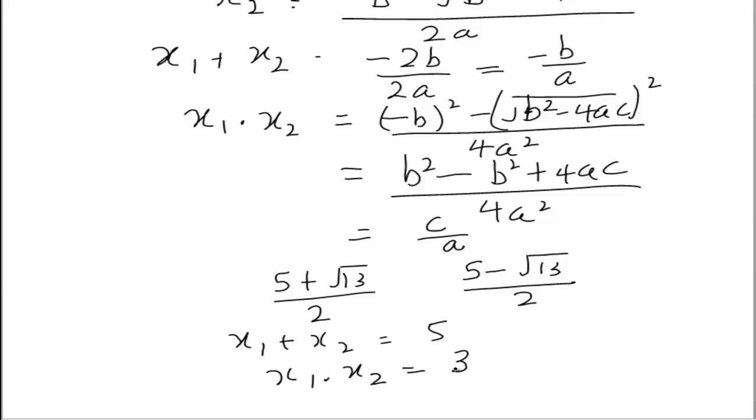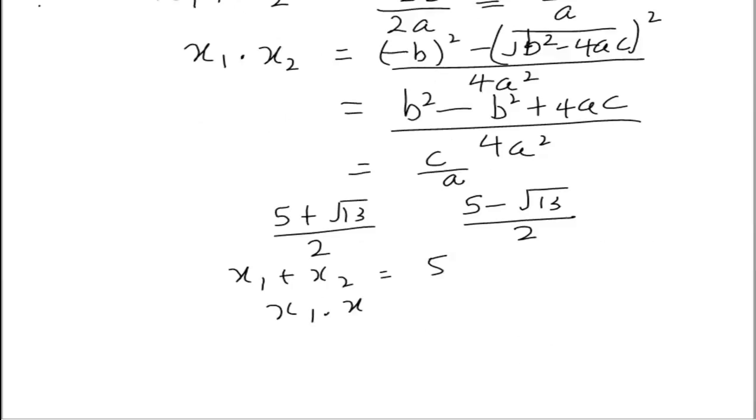So your product of roots is 25 minus 13 all over 4, which will give you 3. So let us take the equation ax squared plus bx